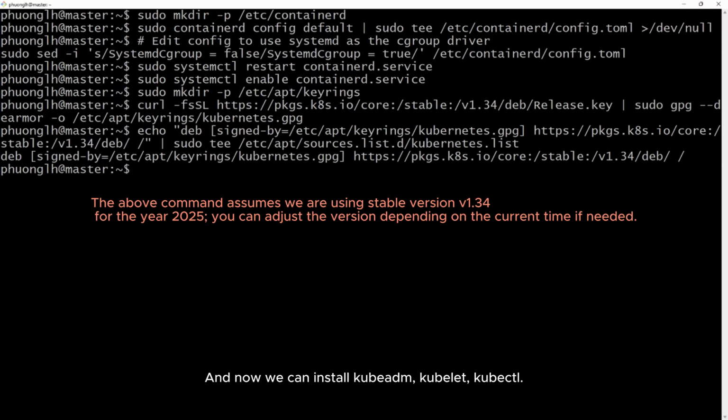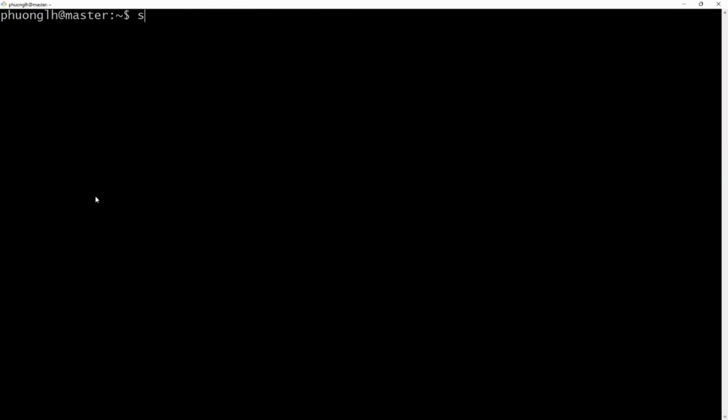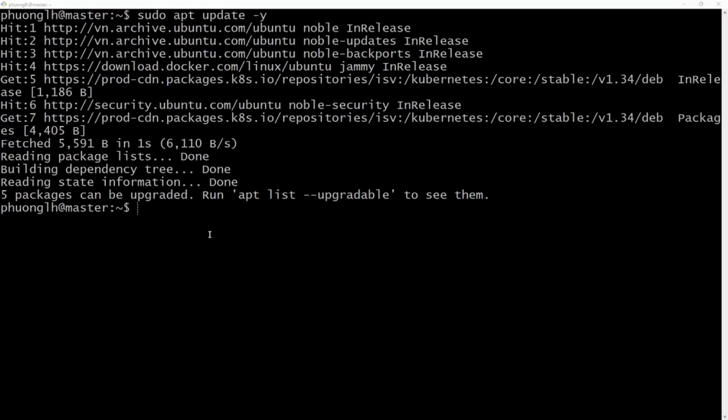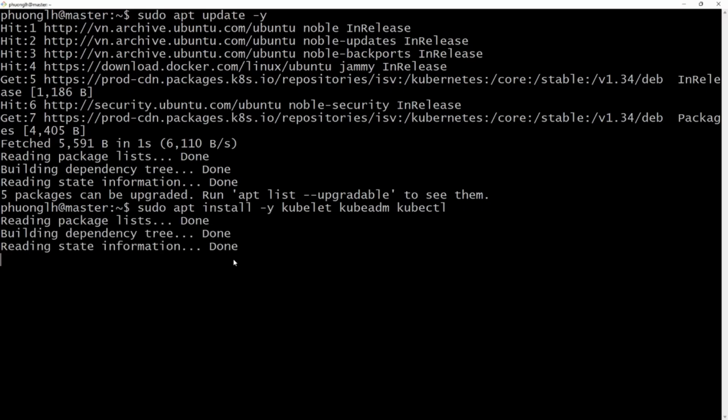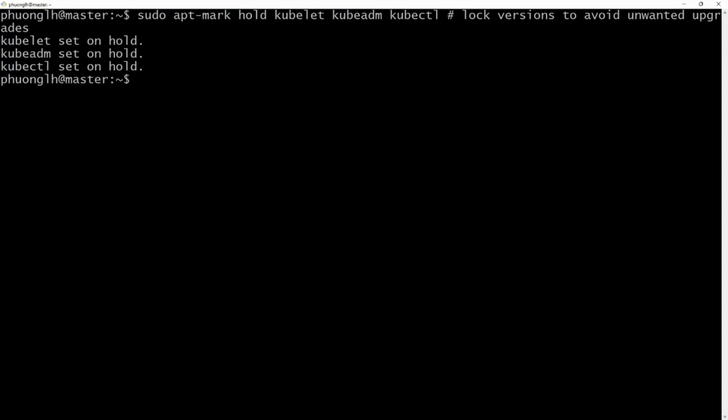And now we can install kubeadm, kubelet, and kubectl. And check the installed version.